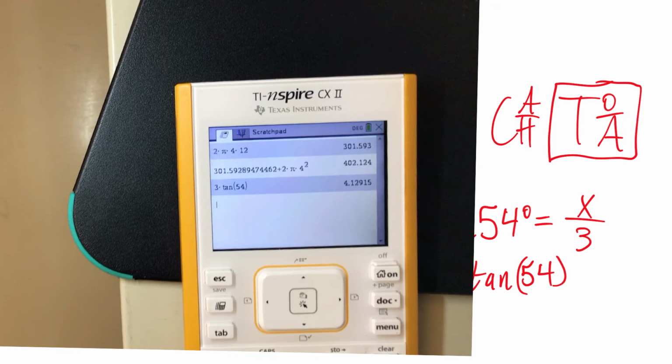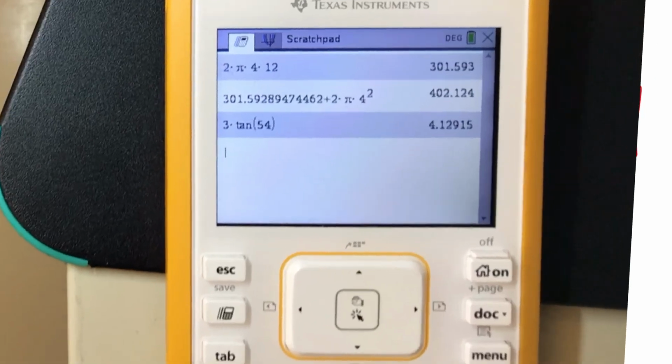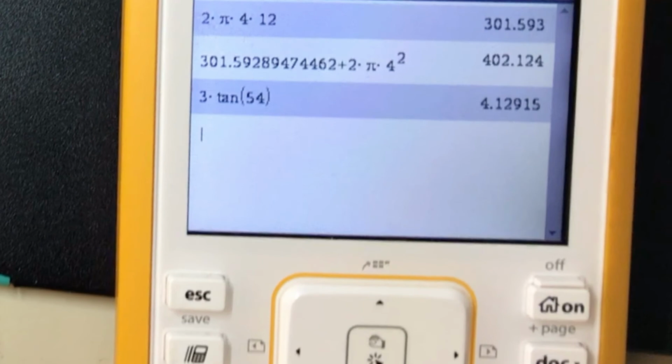Remember, when you do this, you need to make sure that you're in degree mode. Push doc 7.2. Make sure that second line says degree, not radian. So I'm going to go 3 times, and if you remember on these calculators, you push the trig button right here, and that brings up this trig menu, and we're going to choose tangent,